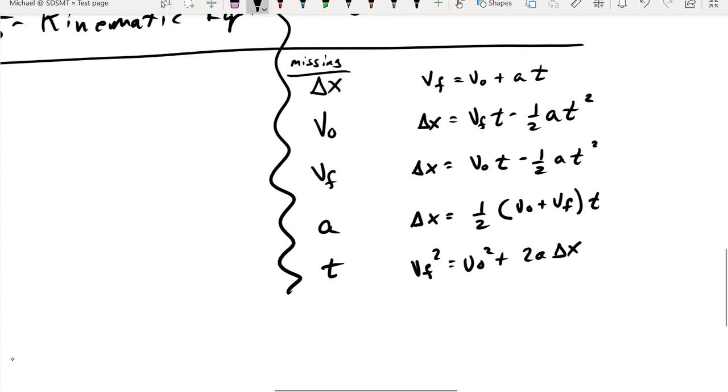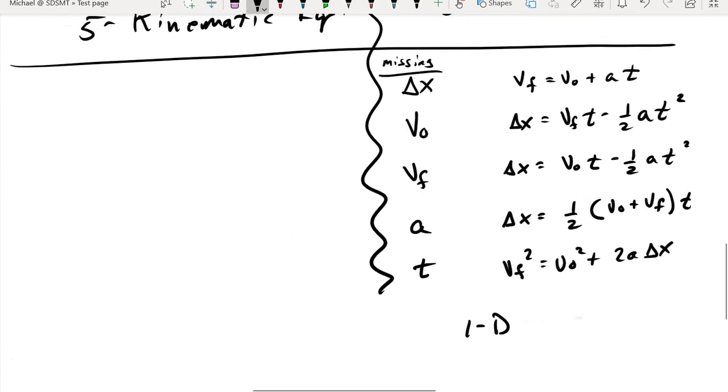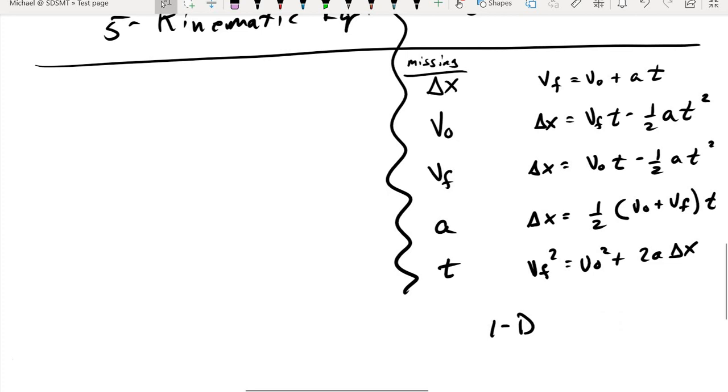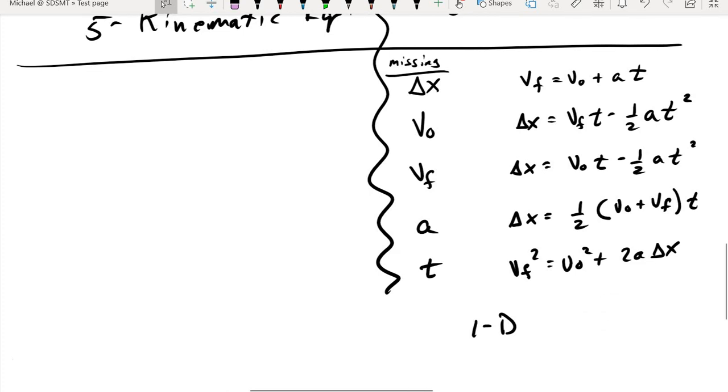And right now these equations are set up for a one-dimensional system, but we could just as easily upgrade these for 2D or 3D systems. All we'd have to do is put some arrow hats over all the vector terms. But now what we're going to do is take those 5 kinematic equations that we've already done all the work in deriving,